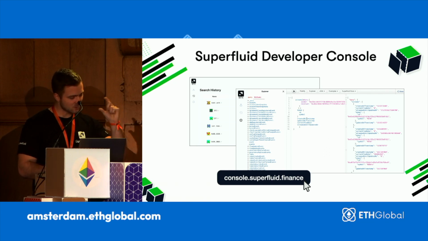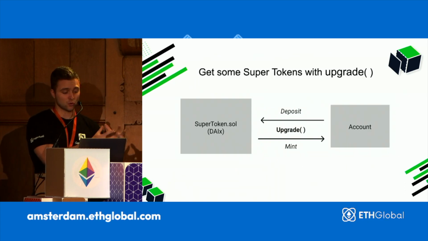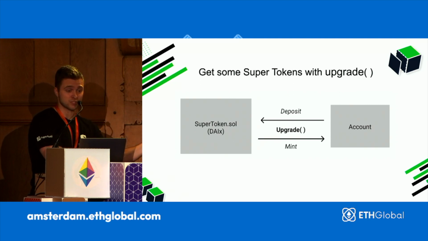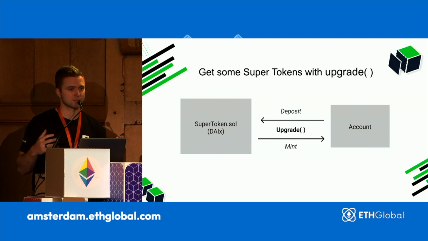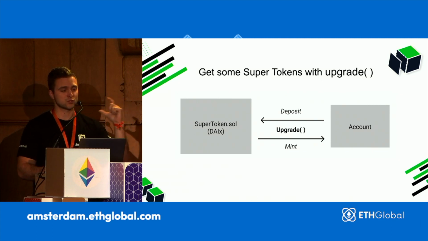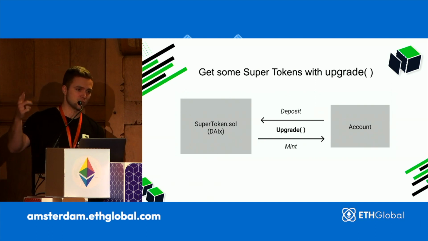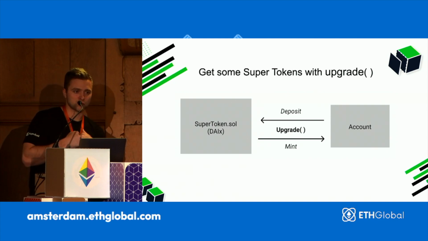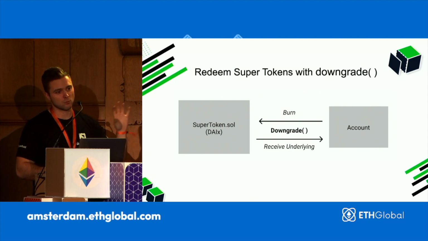So now getting a bit more detailed, right? What you need to do to work with super tokens is, if you're going to use something like an asset you're used to using, maybe ETH or Matic or any native asset or an ERC20 token, you have to use super tokens. So Fran walked through what a super token is and how it works. In order to get super tokens, or to allow your users to get super tokens, you can allow them to call the upgrade function on the super token contract, which will just mint you super tokens and basically just hold on to your underlying asset until you want to unwrap. And to unwrap, you just call downgrade, and it will burn the super tokens and give you back the underlying asset.